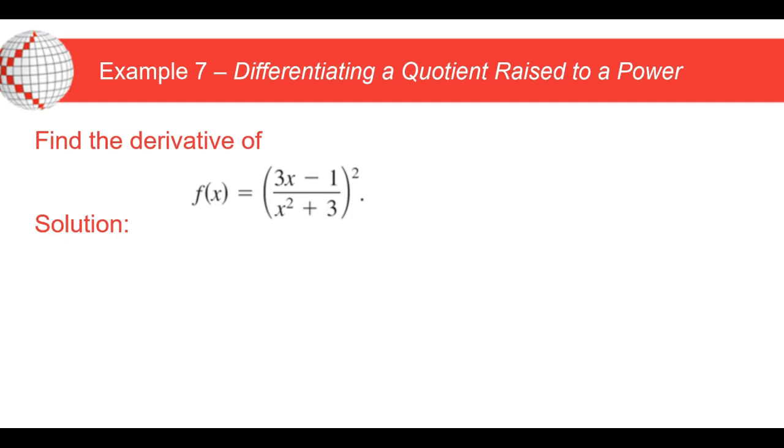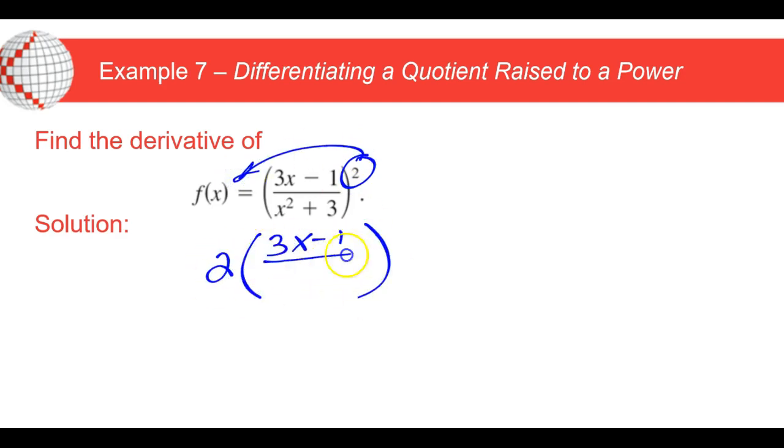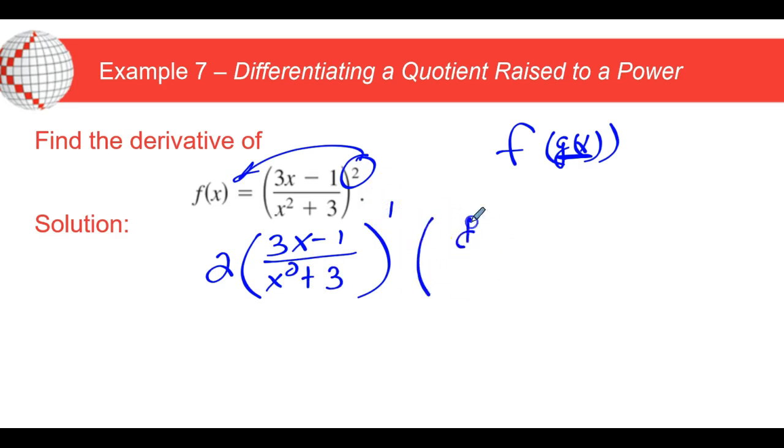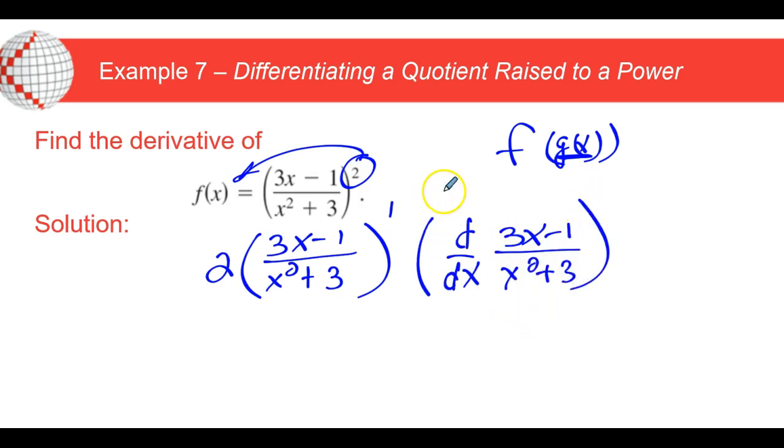So I think I'm going to, oh, and I see chain rule. The derivative of the outside, write down the inside. See, every time you have an inside function, so every time you have f at g at x, I've got a function within a function, and I can see the inside function is this 3x minus 1 divided by x squared plus 3. Don't forget to decrease the exponent by one, times the derivative. Here comes du. Here's an example where du is just huge, because all of this is du. That's the little baby cow, which is by no means a baby cow, because I have to do